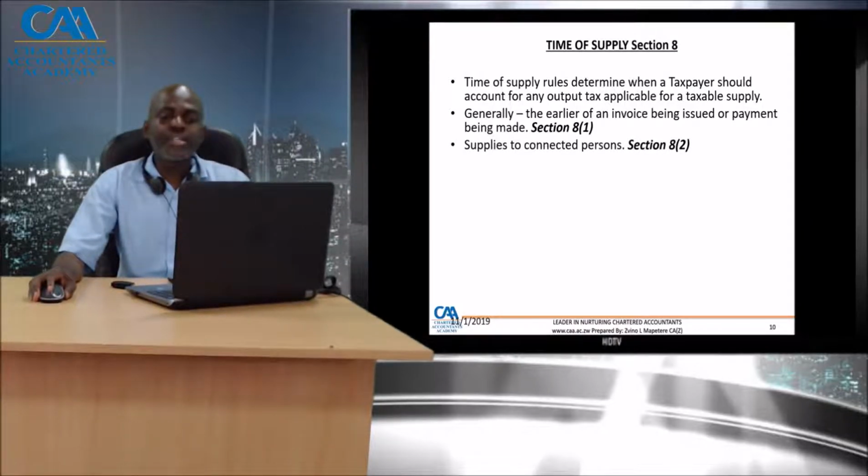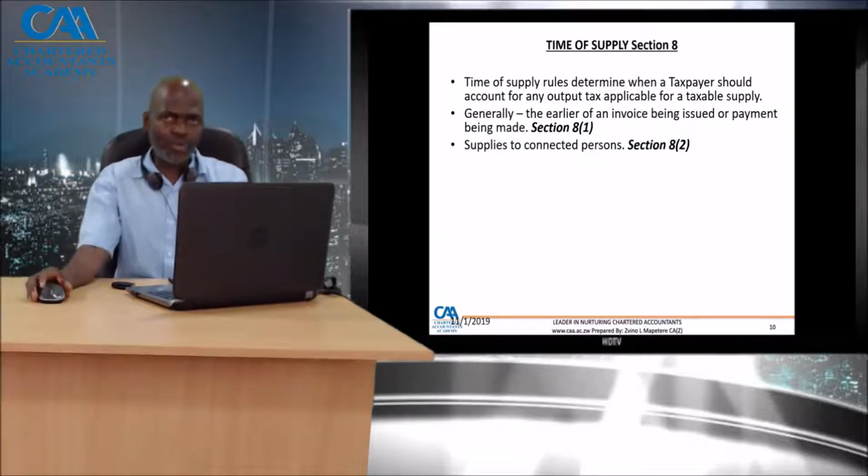Section 8.2 deals with supplies for connected persons. Now you want to have a look at when are we saying there is a supply if connected people are supplying to each other. Why do you have such rules? The thinking is, whenever you have connected persons transacting, there is a high probability that they can connive to manipulate either the timing or the amount of a transaction, thereby lowering or raising their tax liability in any tax period. So there are going to be rules which are more of an anti-avoidance provision to ensure that